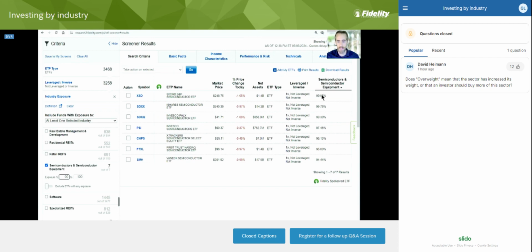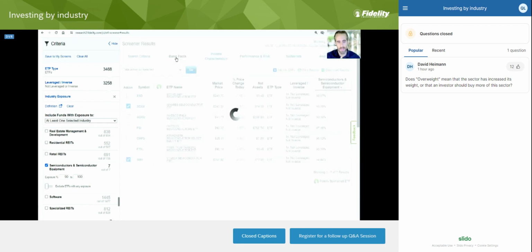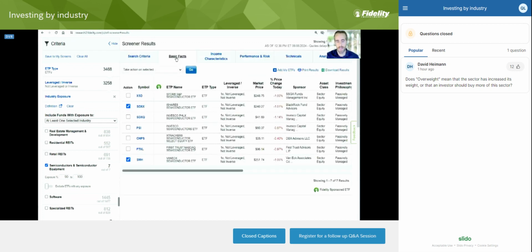sorted by the percentage of exposure that they have. And what were we talking about on the other page? We saw SOXX, SOXQ, and SMH. So actually, let's just pick these two here. Now there's a variety. They're from different fund companies, but they're still meant to track the semiconductor industry. Let's go over to basic facts. Just taking a look at some of these tabs will let us know there are some differences. Different company, different sponsor,